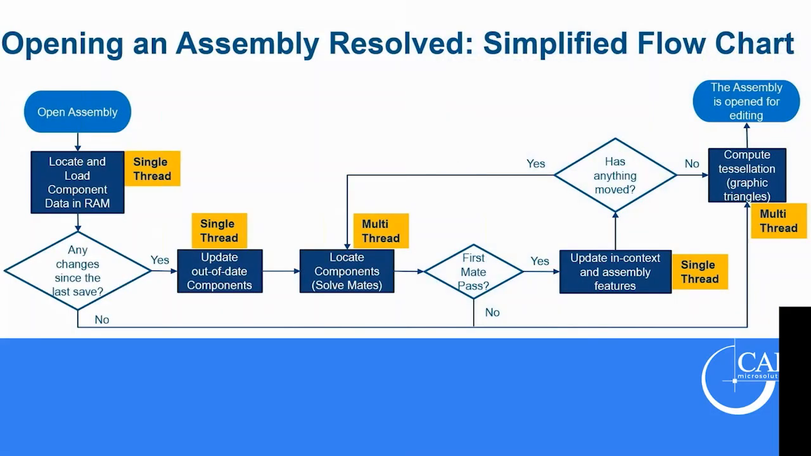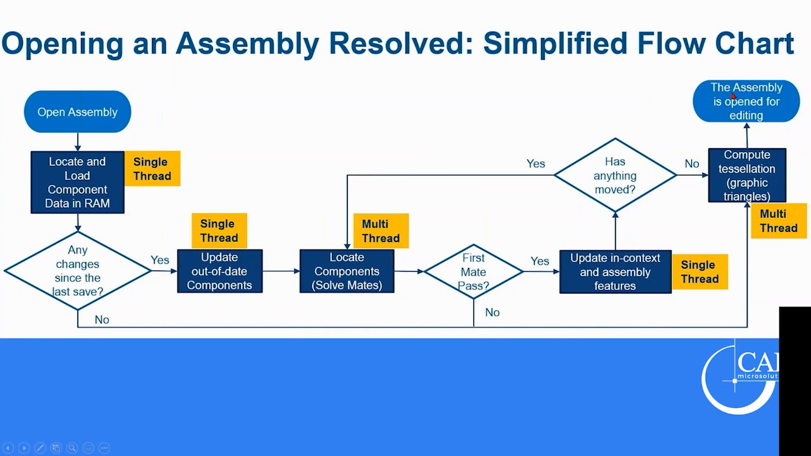Okay, so first, I mentioned we're not going to go too much into the theory, but I do want to quickly go over opening up an assembly in resolved mode, and here is a flow chart of what would normally happen. If we're opening up an assembly, first we're going to load it into memory. If there are any changes, which there likely are, then we have to update those components. Then we've got to solve the mates. And if the mates are solved, then we can update anything in context. This could be anything from patterns to sketches in context. Assuming nothing has moved, we go ahead and generate our graphics triangles